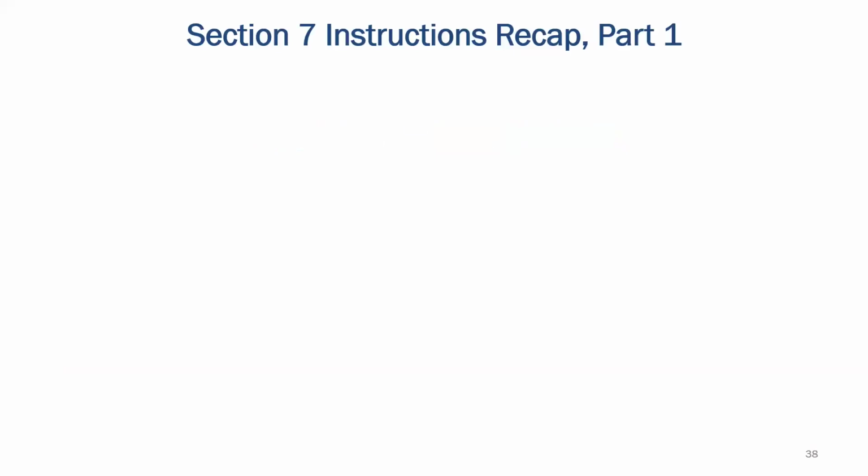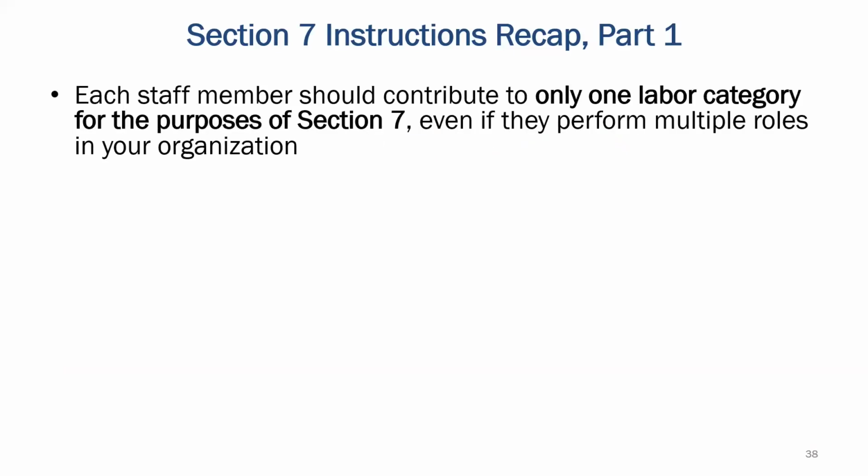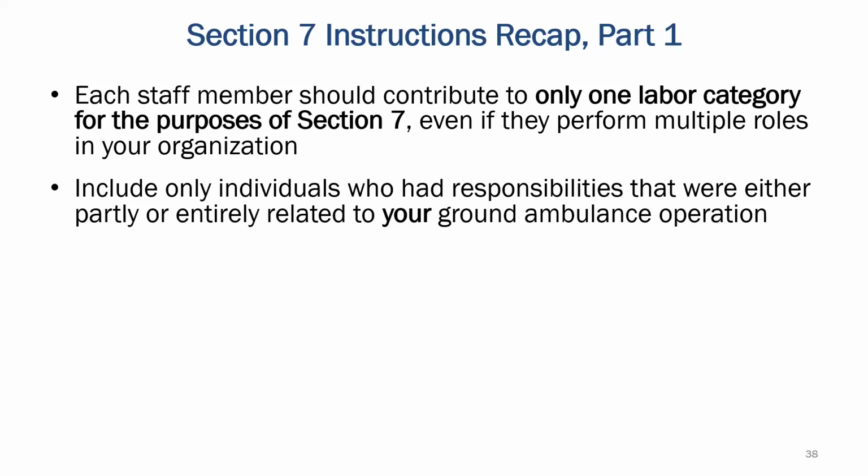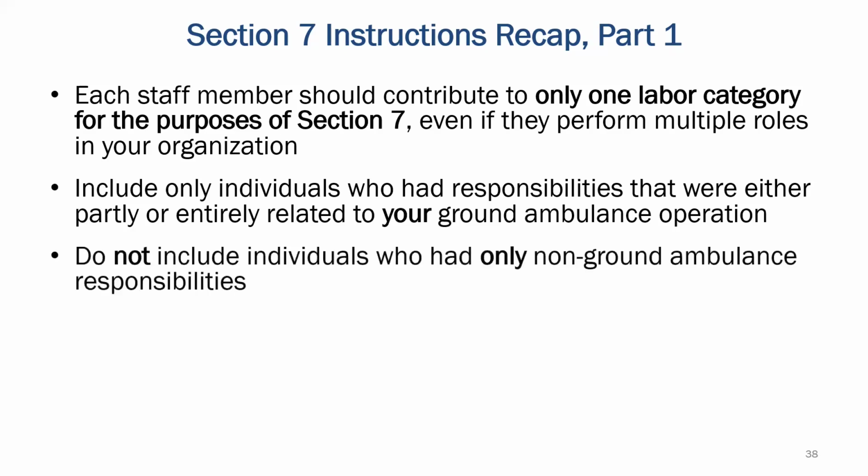So let's recap some key points. It's really important to take each of your staff members and categorize them in only one labor category for section 7, following the rules in the GADCS instructions, even if that staff member you're categorizing wears multiple hats in your organization, which may be very common, particularly at smaller ground ambulance organizations. You want to be sure to exclude any staff that don't have ground ambulance roles. So if the staff members' responsibilities are partly or entirely related to ground ambulance operation, they're in. Otherwise, leave them out for the purposes of reporting